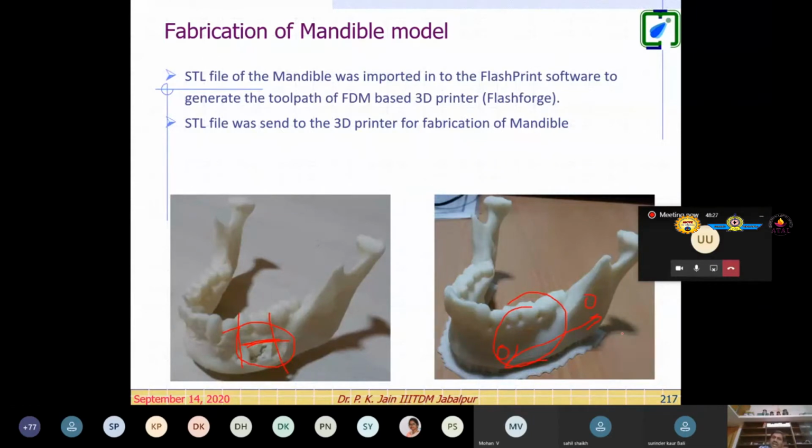Because we are engineers, we can open our car or scooter or any engine and go for lunch. Doctors can't avail that facility. Once they start the surgery, they have to finish it, right? So these kinds of things will reduce the time of the surgery, and they will provide a lot of ease to the doctors, right? So this requires a lot of programming, a lot of STL understanding before creating such models, right?